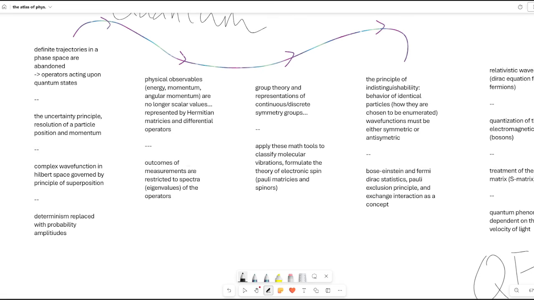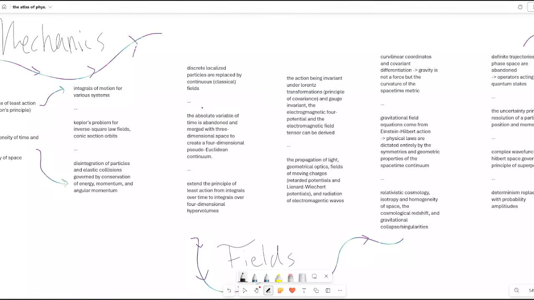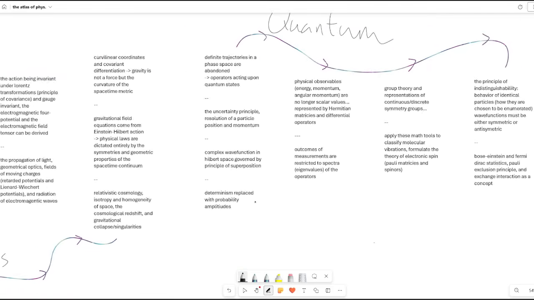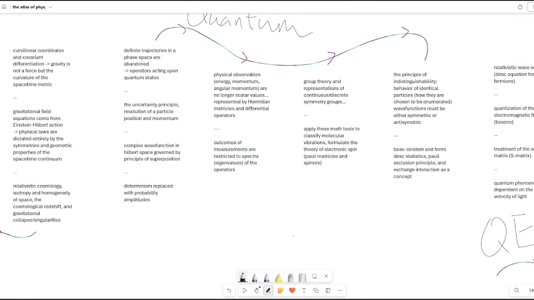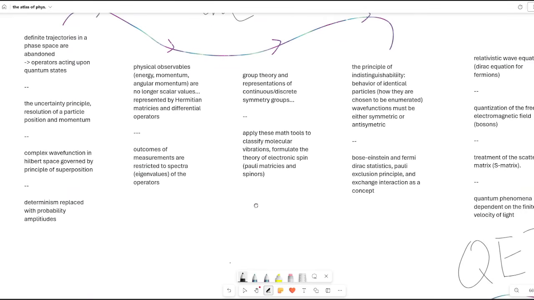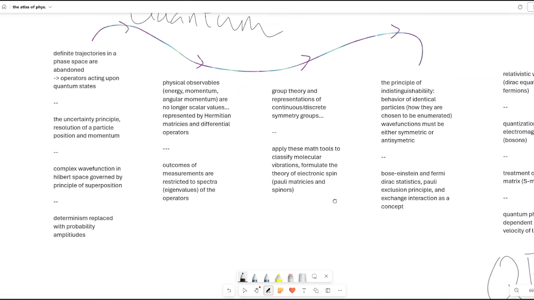Okay? And so this is a lot more algebraic rather than a straightforward description of some continuous field or some singular particle. And it's also a lot more realistic in describing why light gives us different colors, why we have things like black body radiation, or why molecules work. It also allows us to solve the hydrogen atom and explain such things.